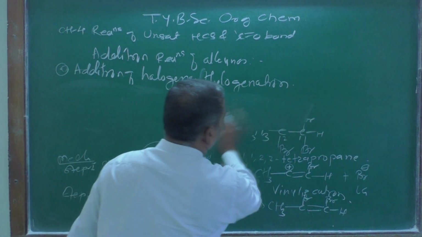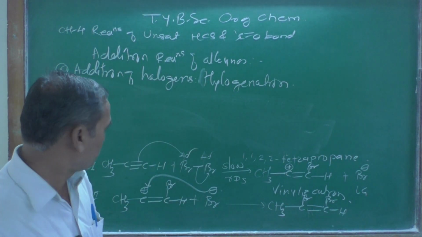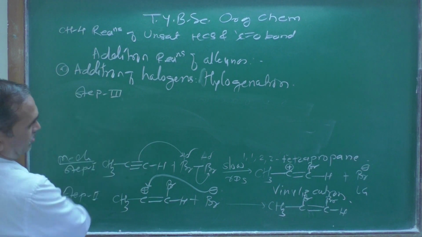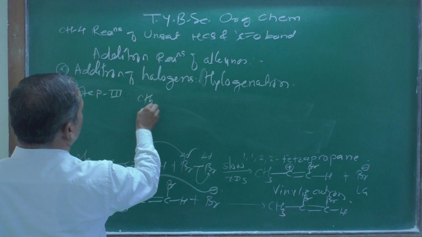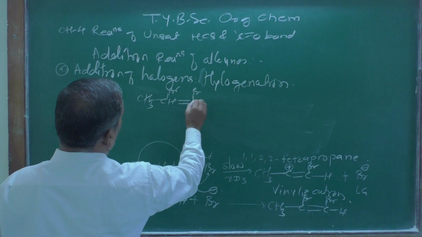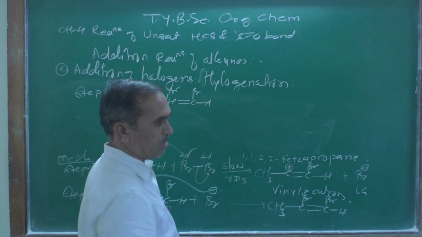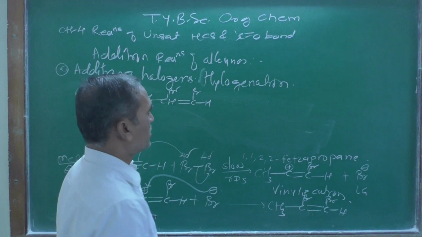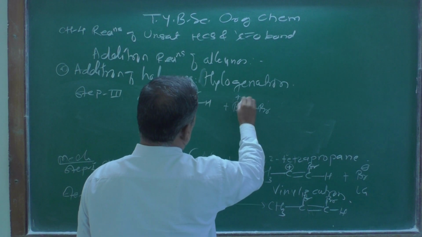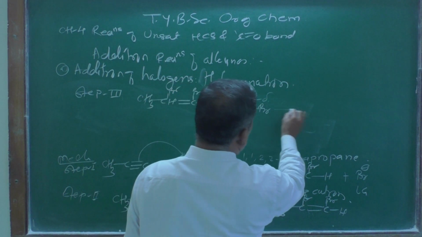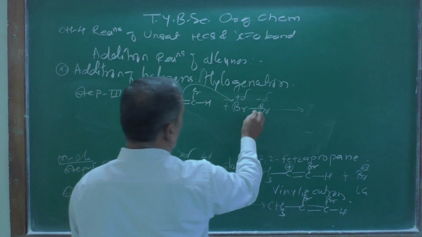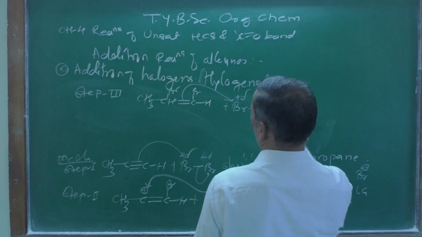Let us see here. Now in step number three, what is happening? Here we have CH3, again CH, one Br, double bond, Br and this CH. Still there is a carbon carbon double bond, so it is still an unsaturated compound. Again the second mole of bromine, with plus delta charge here and minus delta charge, is going to be consumed. Again look here, this double bond is attacking over there, and then Br departs, so that you are going